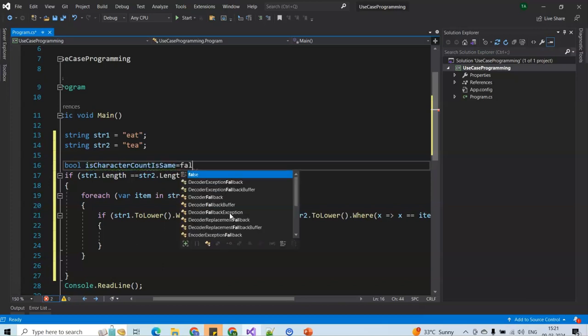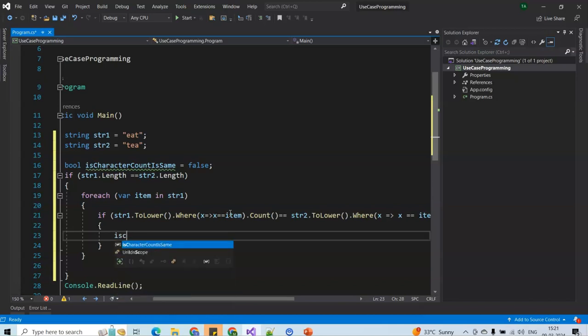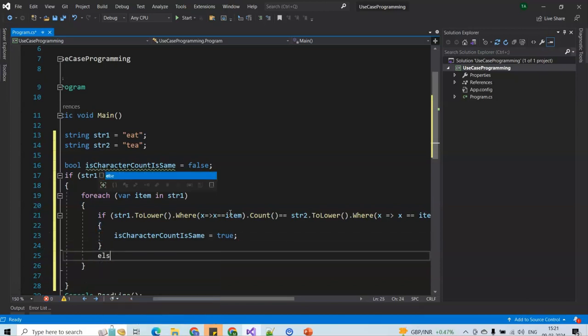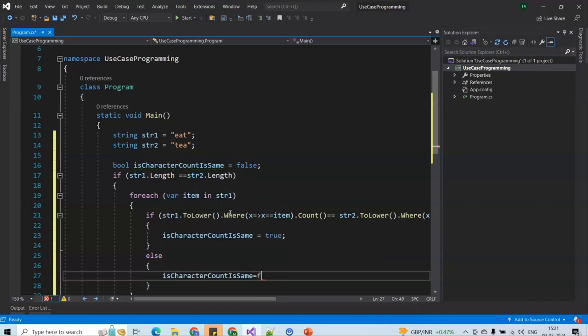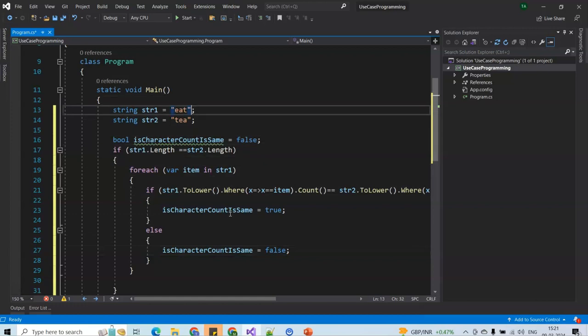So initially I am making it false. If we found it, then we can make it true, the character is the same. What if the count of the specific character does not match? Then we can say isCountCharacter is false. And then do we need to go further? No, we don't need to, because the point is, let's say